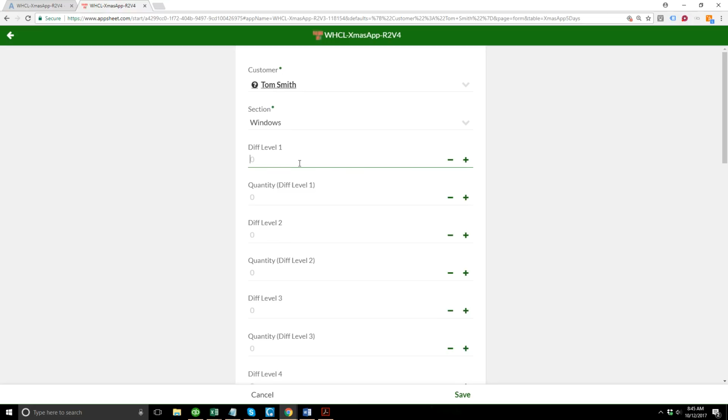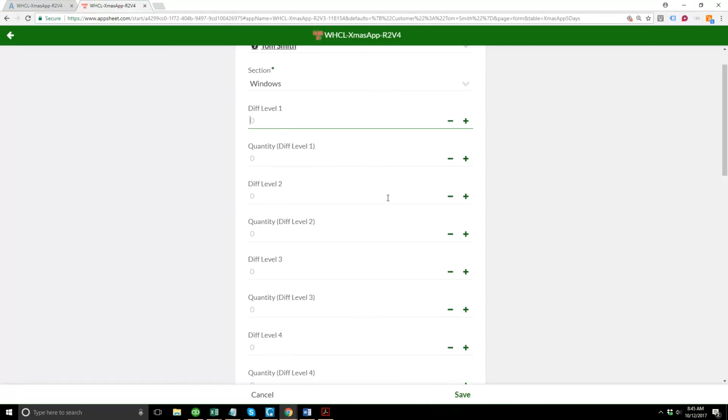Okay. Difficulty level 1, again, this comes into play. Is it on a single story and it's just on the ground? Is it higher? Is there 4 windows up top, but they're easy, you can access them easily. You want to take your circumference of the windows. You want to measure the windows. So let's say it's